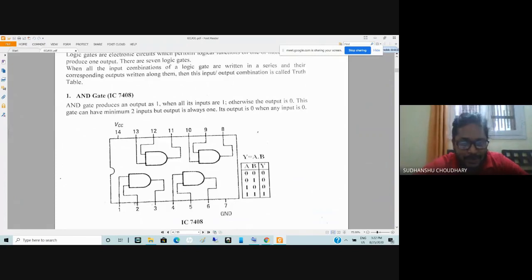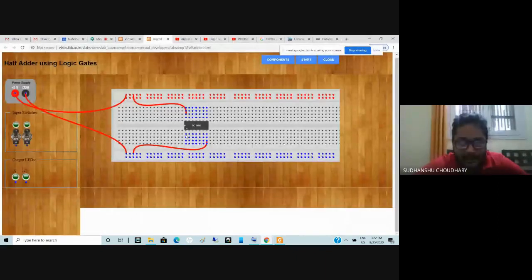Let's say I want to verify an AND gate, so I'll make connections to pin number 1 and 2 at the input, and pin 3 I'll connect to the output LED. We are not implementing a half adder. Let us only say that we are connecting the 2 inputs of one AND gate and the output of the AND gate to the LEDs.